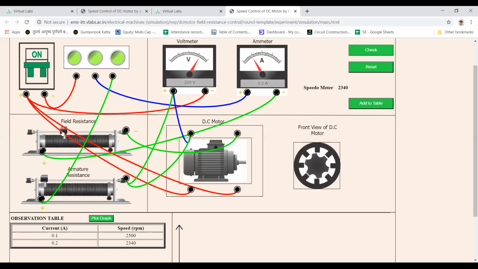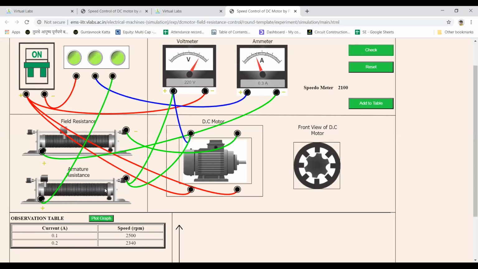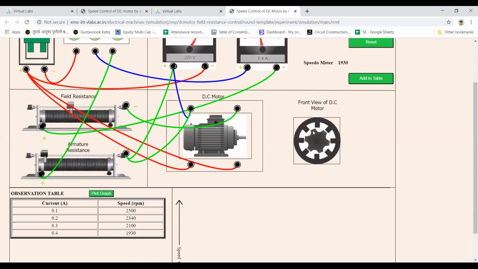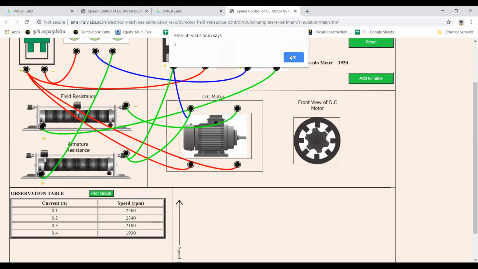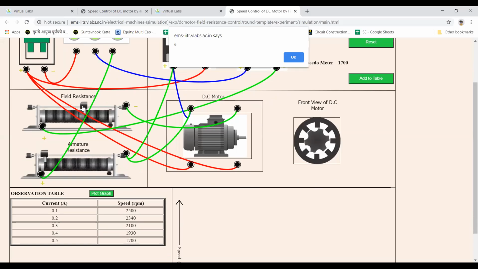Then I'll increase again further this rheostat value, field resistance. So if you increase the value of this field, it is the third reading. Okay. The speedometer is showing 2100. I'll add it to table, and this procedure I'll repeat at least for 6 more readings so that I'll be able to plot the graph. So minimum 6 readings are required for plotting the graph. So I'll take another reading, 5th reading, add it to table, then 6th reading, add it to table, okay, and